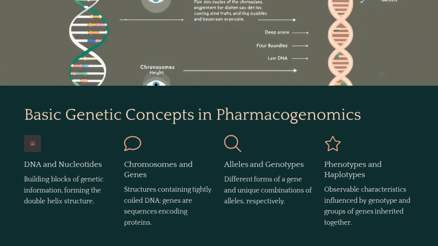DNA and nucleotides form the building blocks of genetic information. Chromosomes and genes are tightly coiled structures encoding proteins. Alleles and genotypes represent different forms of a gene, while phenotypes and haplotypes are observable characteristics influenced by genotype and